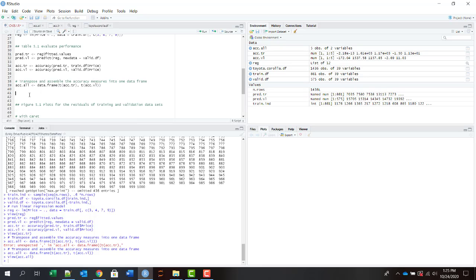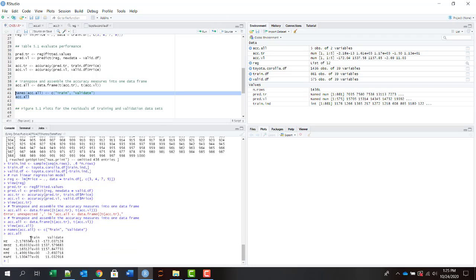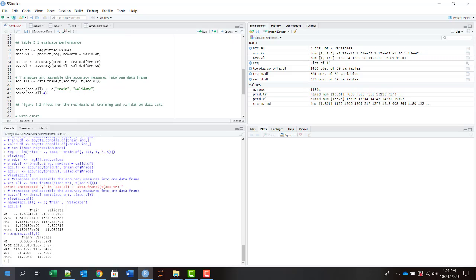So let's go ahead and rename the columns. So names of acc.all will be c of train and validate. Then we can print that acc.all. Run that, and there you go. Well, actually, let's go ahead and round this to say 4 decimal places. And then you have